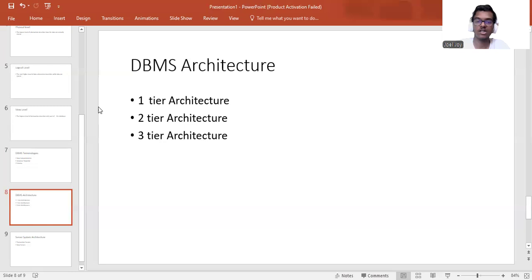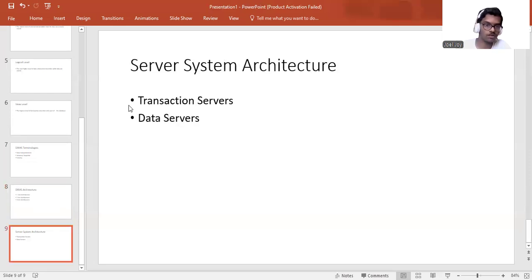Now moving on to the third tier architecture, in which there are three layers. The first layer is the client. The second layer is an application or a platform where the processing takes place, and the third layer is the database where the data is actually stored. The client does not directly communicate with the server. Instead, it interacts with an application server, which further communicates with the database system, and then query processing and transaction management take place. The intermediate layer acts as a medium for the exchange of partially processed data between the server and the client.